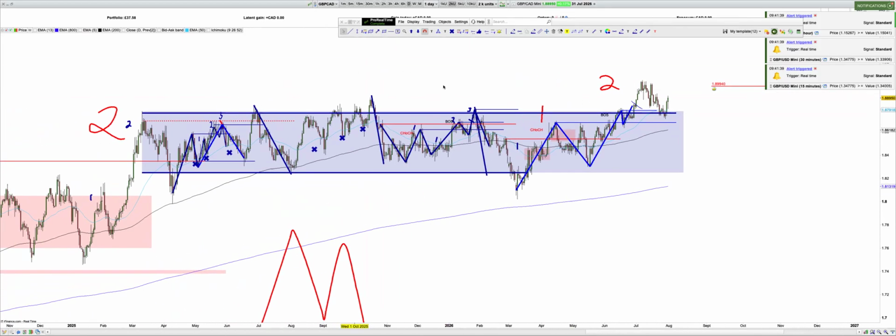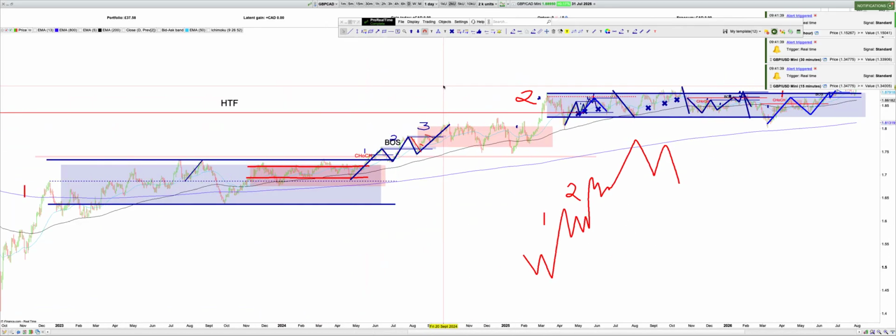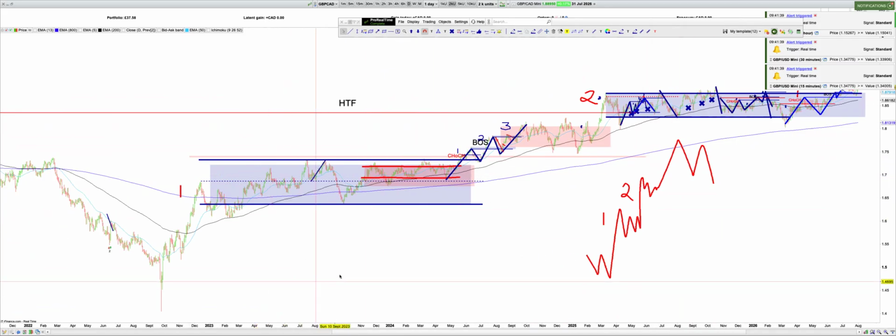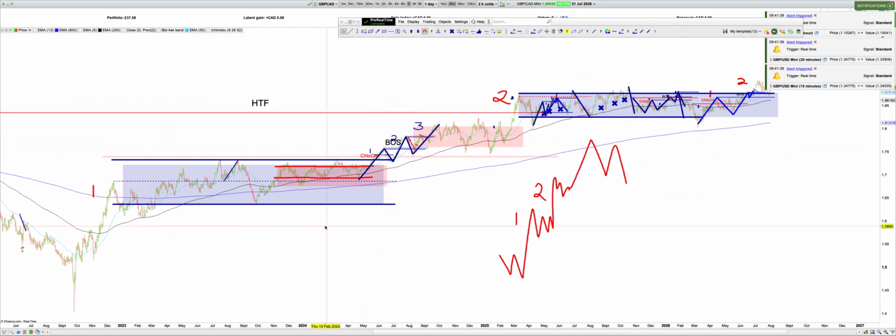So let's start with one that we've been building exposure into. This is GBP CAD. Now you can see this red drawing I've got here. This is ultimately that 3 point journey I'm talking about. One, two, and three. So if we can see one and two, we anticipate three. So we can see one, we can see two. How do I know this is one and how do I know this isn't one? Well, this was at one point